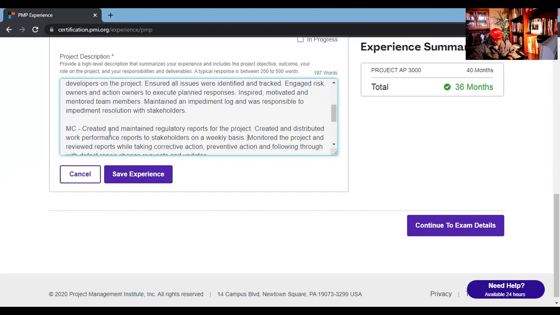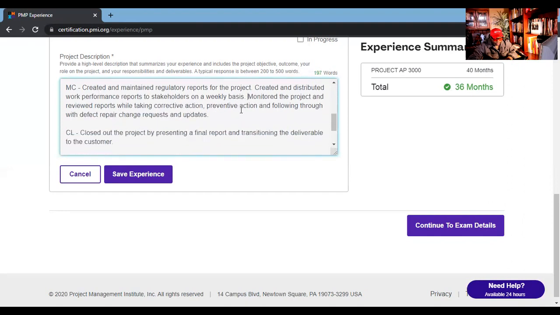Monitor the project and review reports while taking corrective action, preventive action, and following through with defect repair, change requests, and updates. All right, last but not least, we have closing. Closed out each phase project while conducting phase end reviews